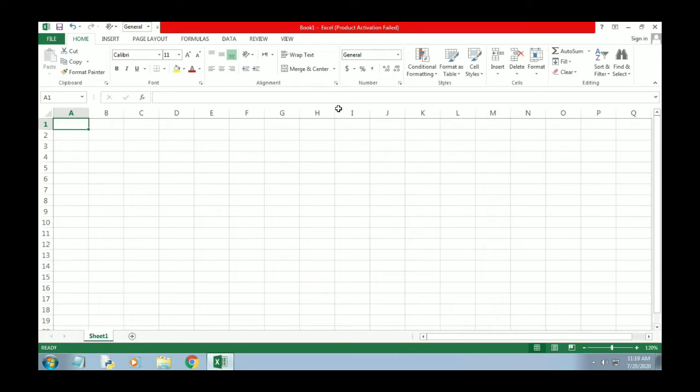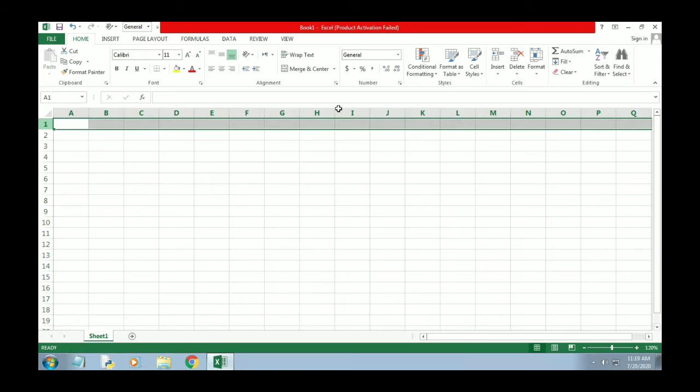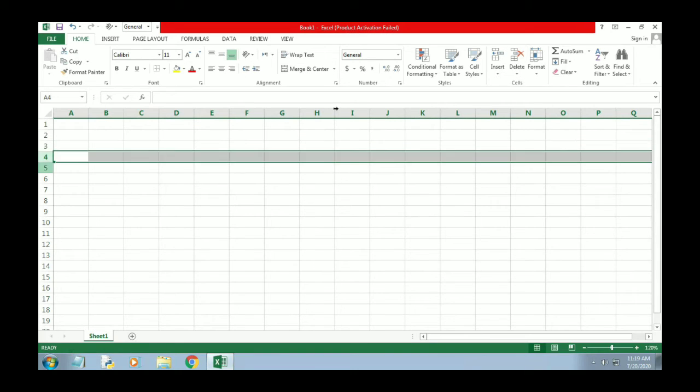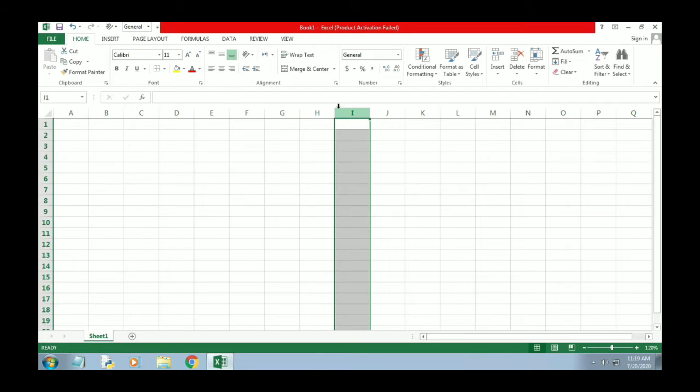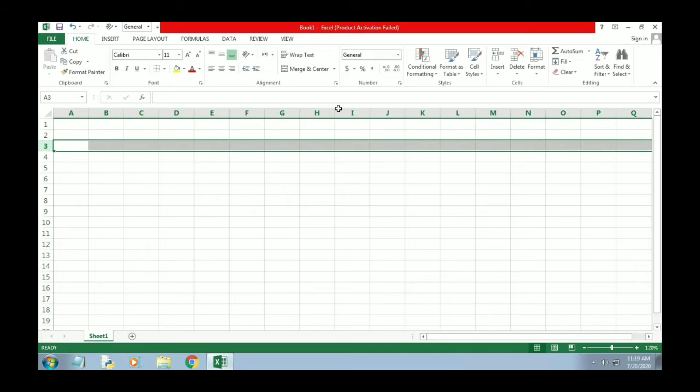If I click over here, this is column A, column C, column D, column E. These are the columns in MS Excel, and these are the rows: row 1, row 3, row 4, row 5, row 6, etc.